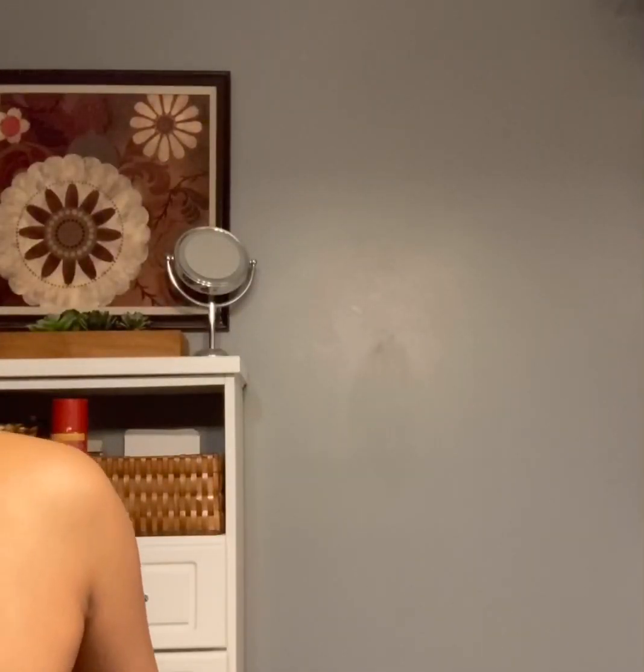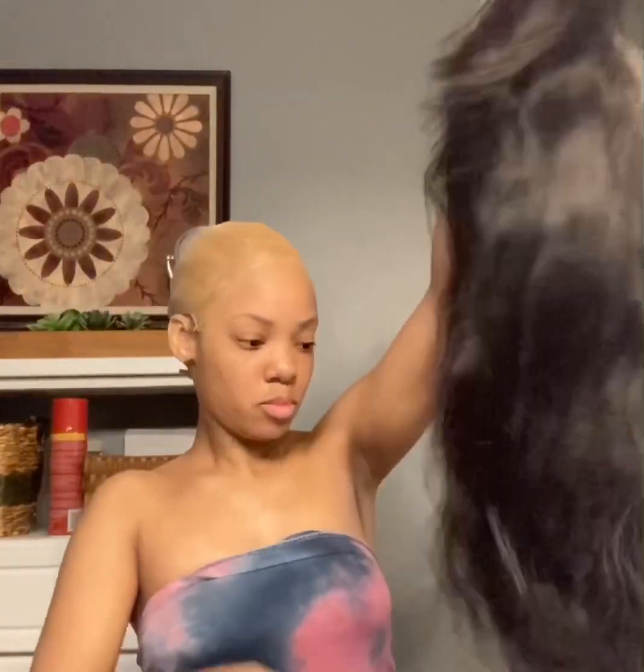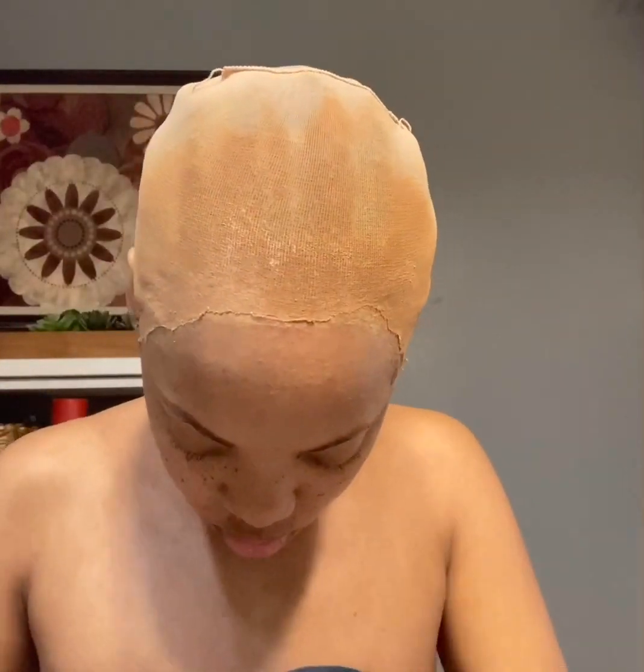I'm gonna size it on my head first though. So I'm going to brush the wig out first before I place it on my head to see where I want it at. This wig unit is a body wave lace front with bangs. It was a 22 inch and it's 260 density, and I will leave the link down below for you to